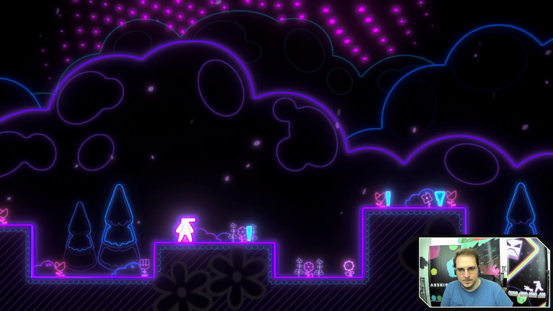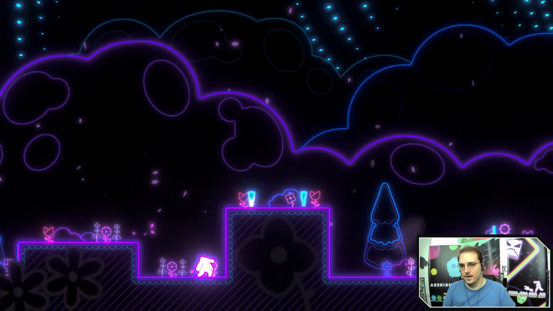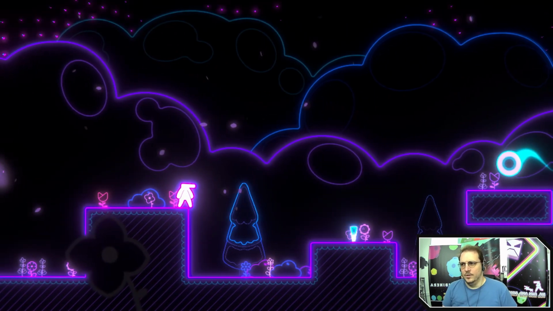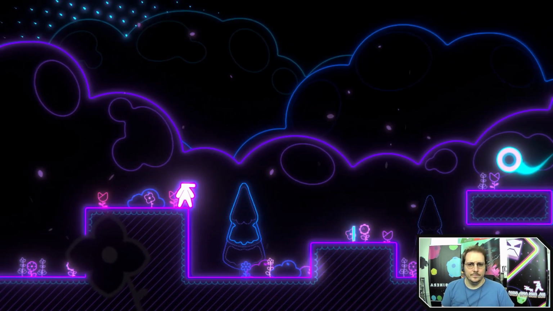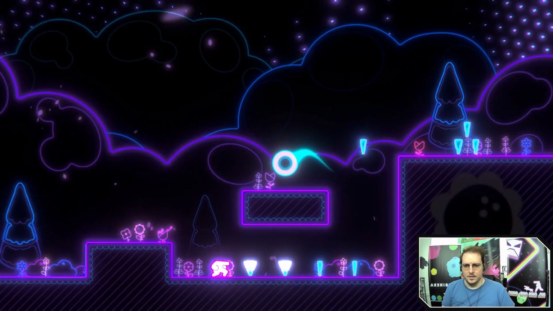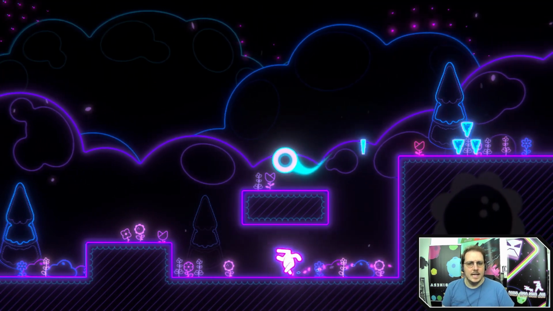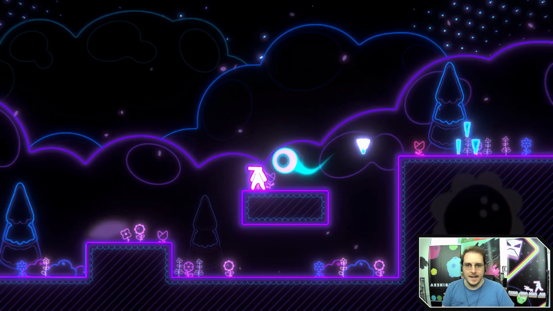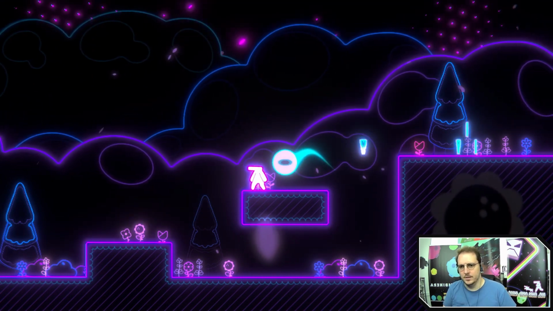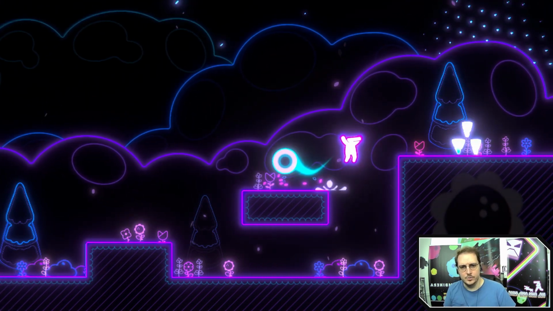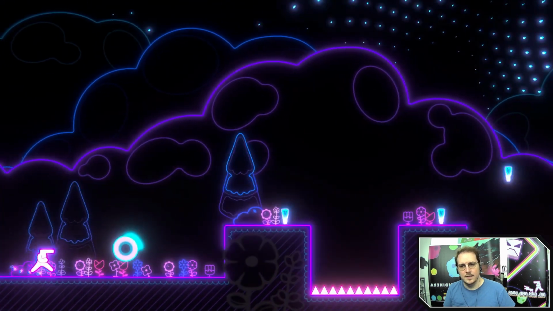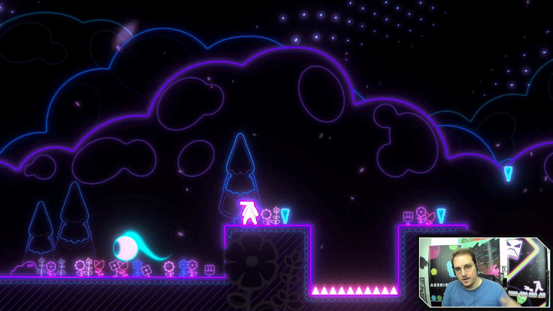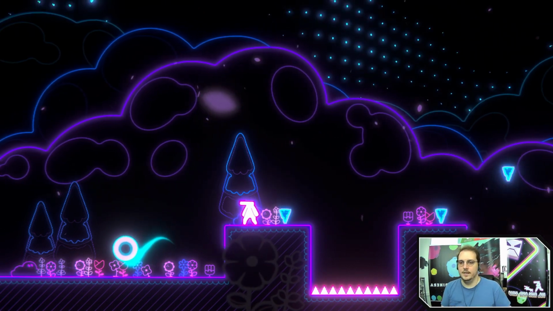These are shards. These are orb shards. Orbs are our primary collectible. They're used to unlock bonus levels, and there are hats. You can unlock hats for Mr. Run and Jump. Maybe we'll show off some of those later in the stream, but if you get all the shards, they all assemble together and you get an orb for it.